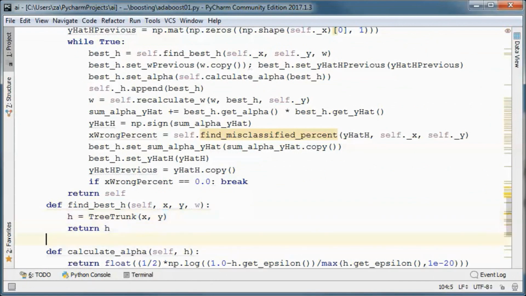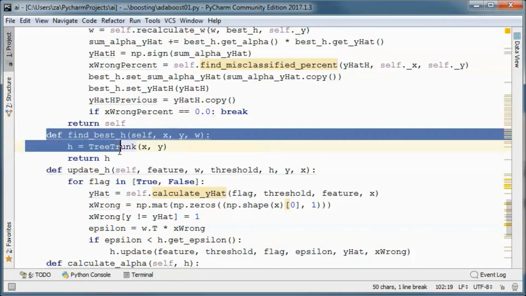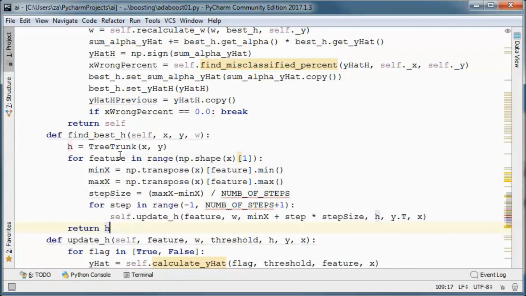So this one does that. It is calculating epsilon here and checking if epsilon is smaller than h.get epsilon. And this find best h calls on this method.